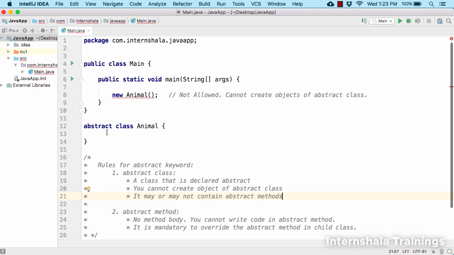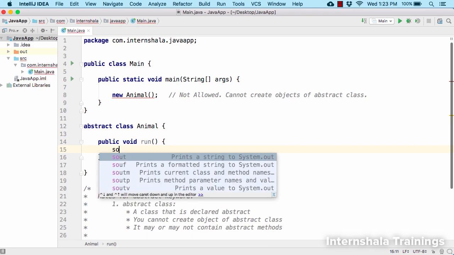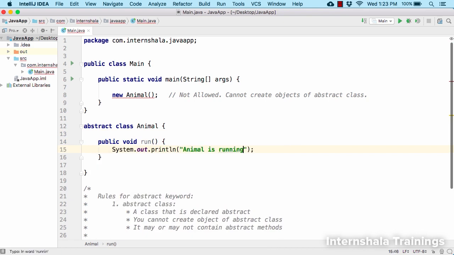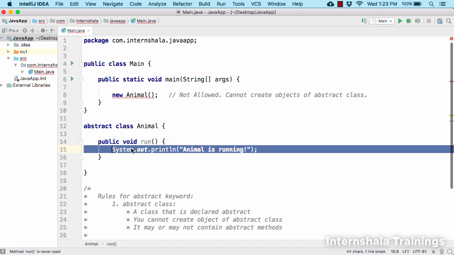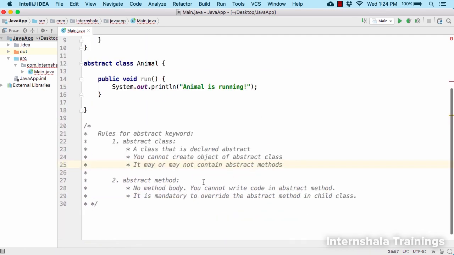Within the abstract class of animal, we can define our normal methods such as public, void, let's call it run. So when this statement will be executed, the animal will start to run. As simple as that. So we are of course familiar with such method definition. Public, void, method name and then the method body. Now what do we mean by the abstract methods? So for that, let us discuss about the abstract method in the next video.